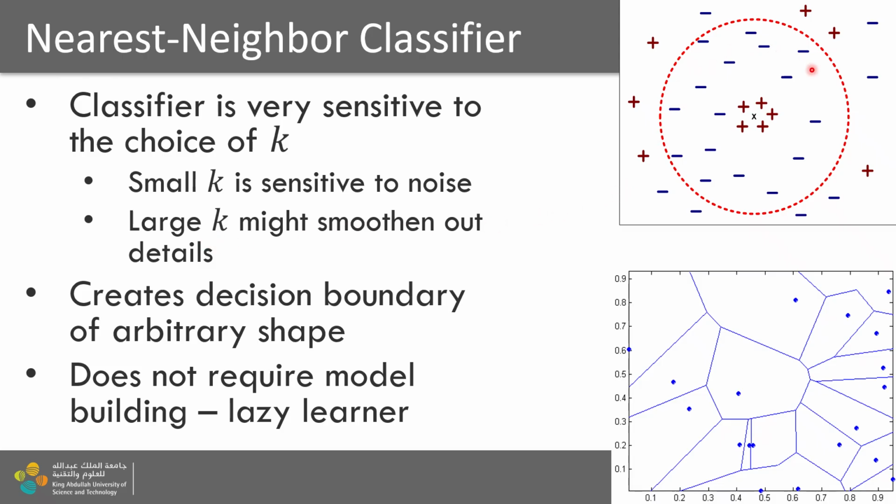We can see an example of a problematic selection of k in this image, where the unknown record is surrounded by a very small neighborhood of positive records, while the negative records will probably dominate the largely selected neighborhood of k records, and probably this unknown record will be classified as negative, which would mean that the detail of this little positive island will essentially not be visible